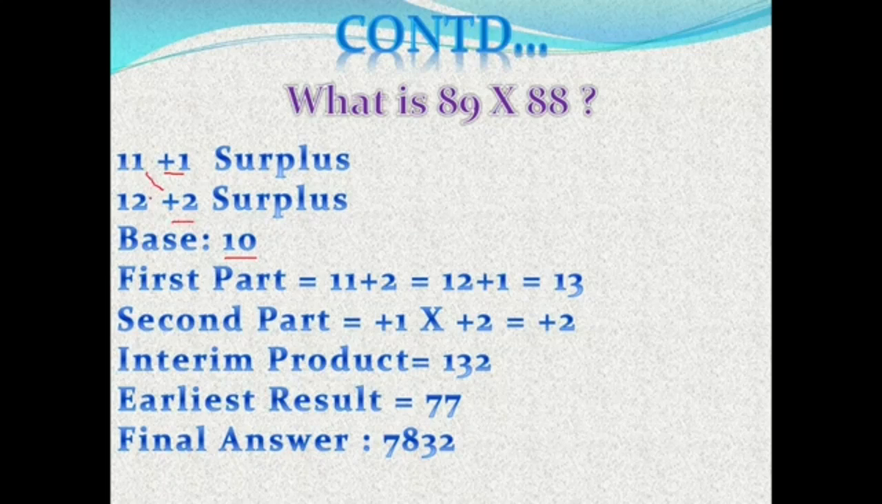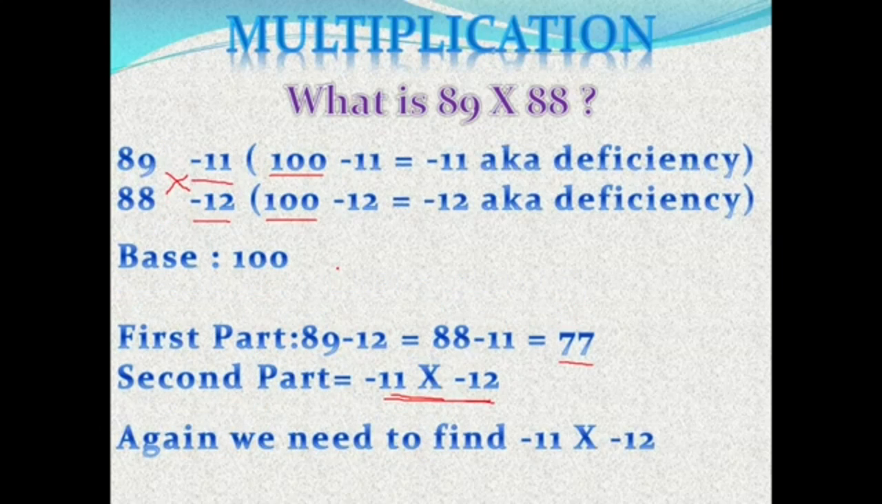11 plus 2 is 13, 12 plus 1 is 13, so the first part is 13, and the product of these two is such that it will become plus 2. If I multiply these two, then I will be getting plus 2. So the value is 132, and the actual value that I got in my previous slide, the first part, is